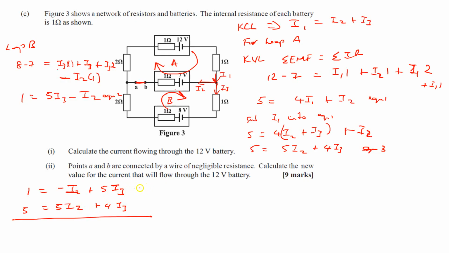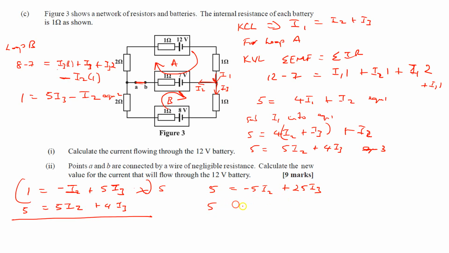The best thing for me to do is to multiply everything here by 5. Once I do that, I have 5 equal to minus 5I2 plus 25I3,